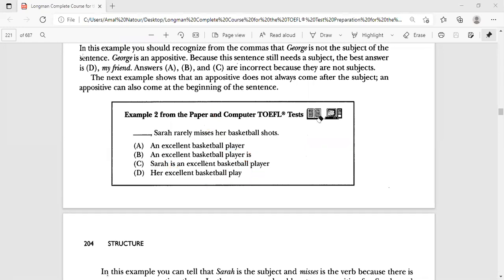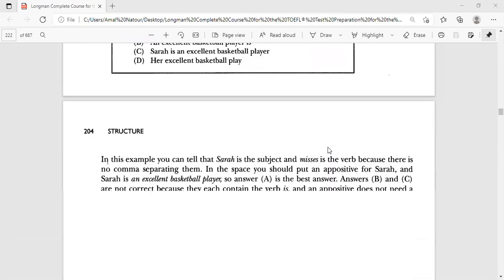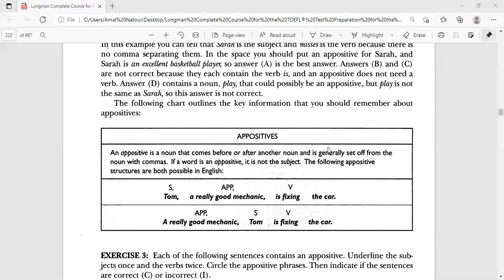Or see first the rule. What is the rule for the appositives? Here, let's look at the appositive rule. What do you mean by appositive? An appositive is a noun that comes before or after another noun and is generally set off from the noun with commas,